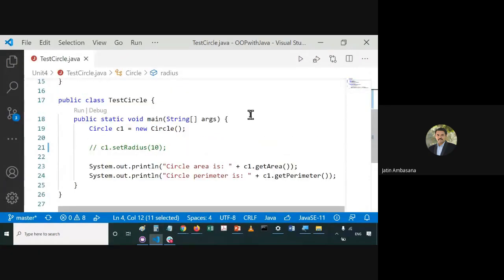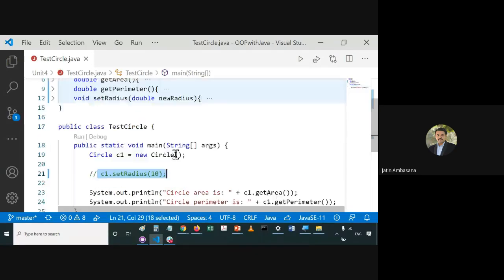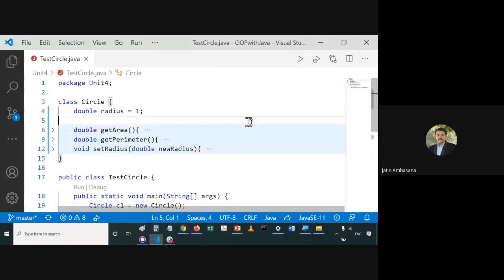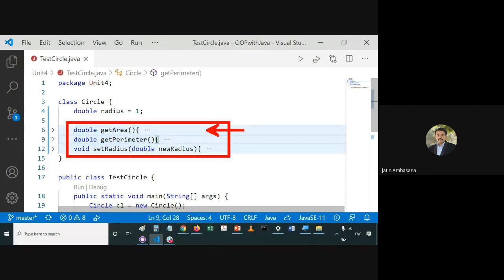Okay. So now, what if we want to make the circle object, and we want to give the radius while we create the object itself, and we don't want to set it separately? So there is a constructor available. So see, these are normal methods. These three are regular methods or simply methods. But there are special types of methods. Those are called as